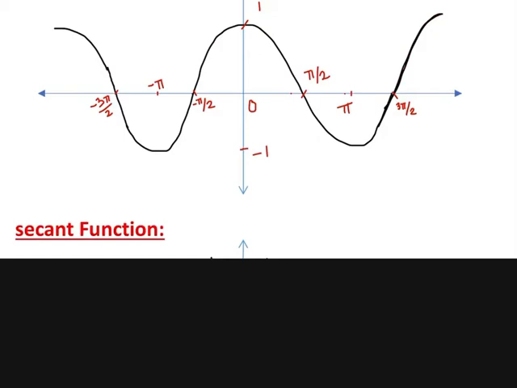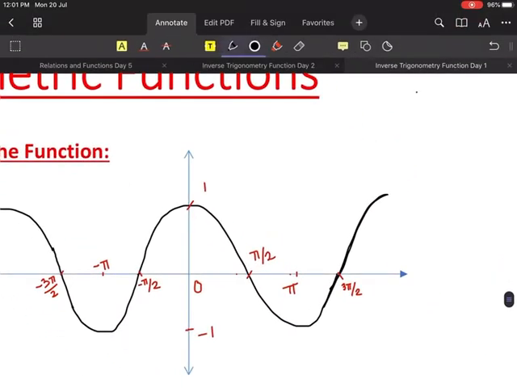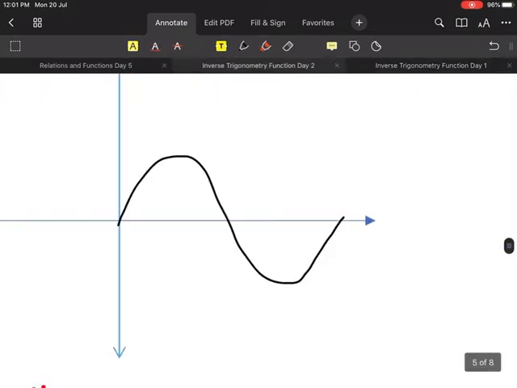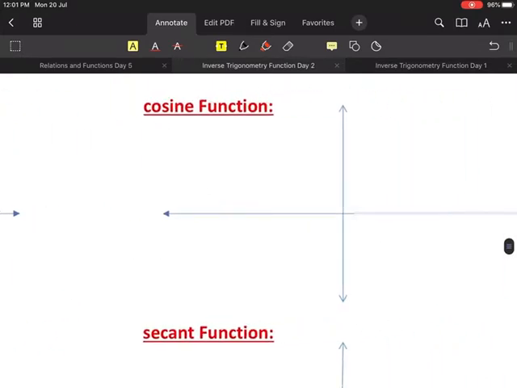So cos 90 is 0. Cos 180 is how much? Look at it very carefully. Cos 180 is what? -1, right? That's why it's going in this direction. And again, cos 270. Look at here. 3 pi by 2 is actually cos 270, right? So 270. And in this straight line, cos 270 is what? 0, right? So that's why it's cutting this line.